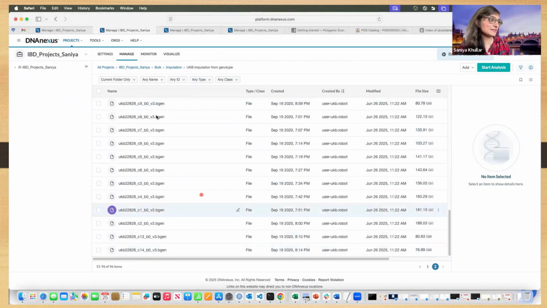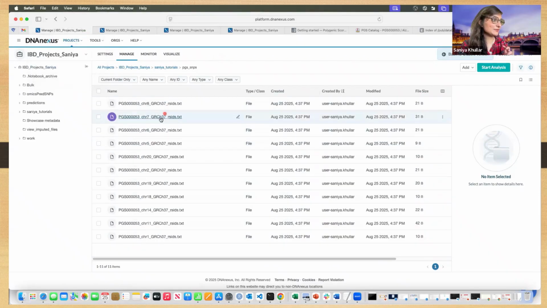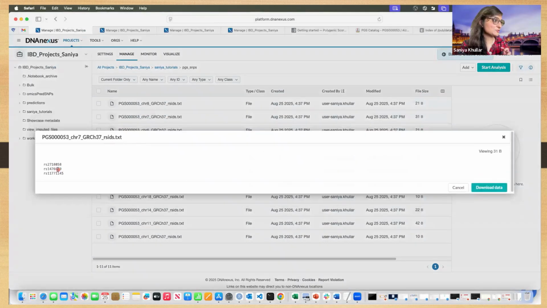We have the BGEN files, the original BGEN files. You can see they're quite large, as I was mentioning earlier. We're going to be subsetting these BGEN files using the reference SNP ID information that we have here, for each of these 10 chromosomes. We're just going to be creating mini files for these tiny